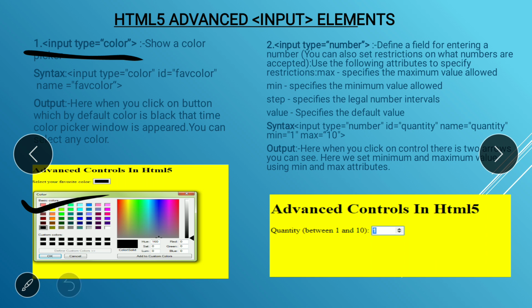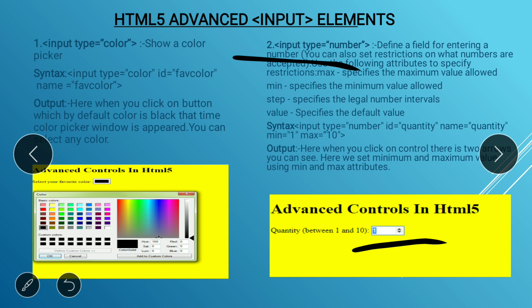Next, we learn about the number. What is a number? It also provides a text box. Here you can see it also provides the text box where we can enter the number. We also learned about max, min, step and value.